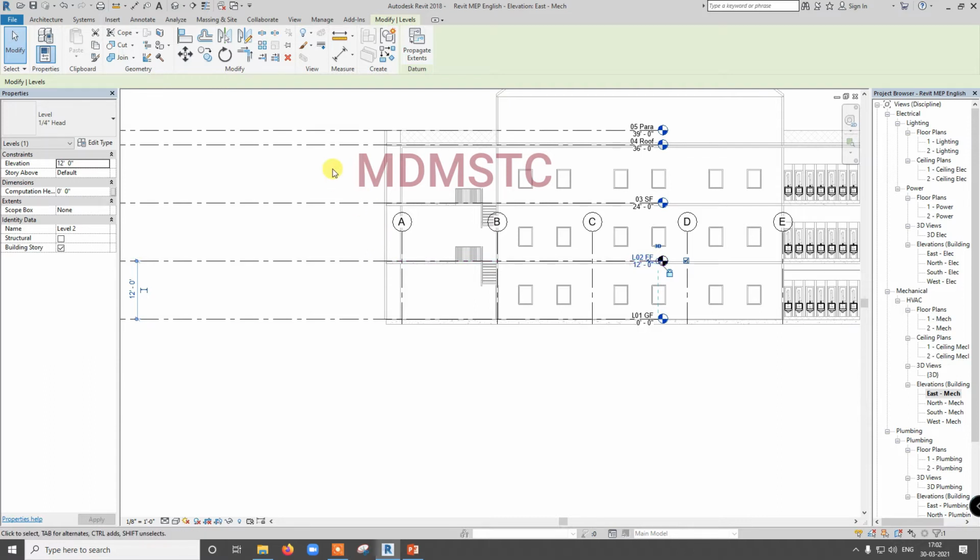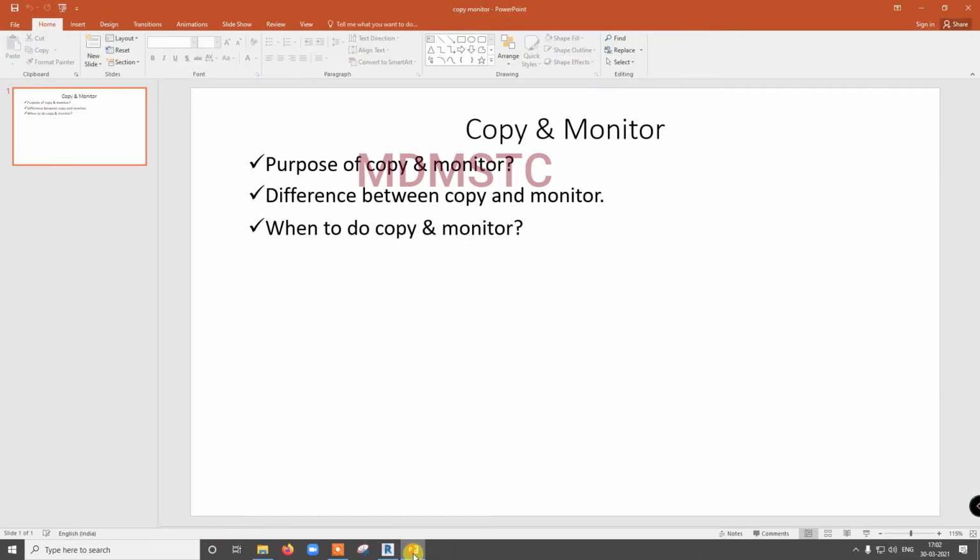But these are from the linked model only. Whatever you already have, no need to copy, just select monitor. If the architect makes any changes in level 1 or level 2, we automatically get intimation. What about level 3? I don't have it, so I need to copy it. Once it is copied, do I need to monitor it? No need. If you copy, it automatically gets monitored.